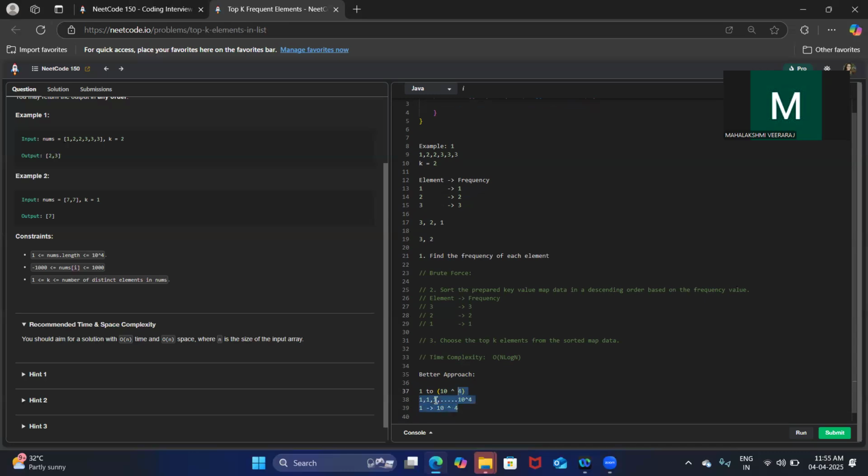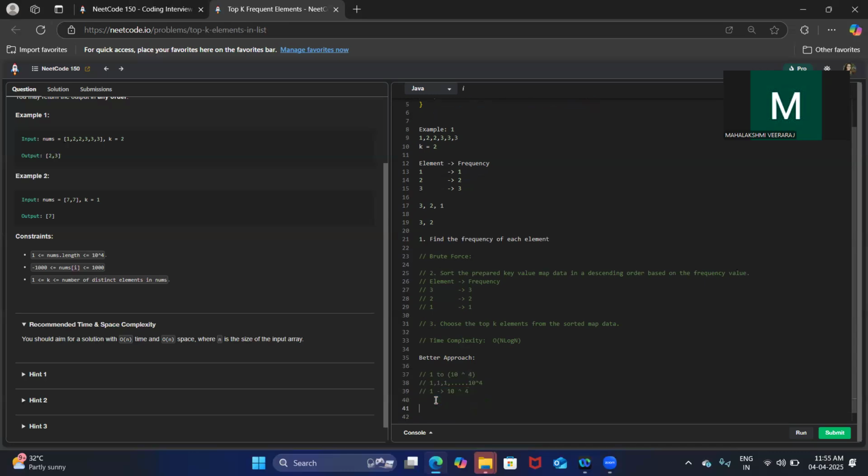So basically, in the better approach, we can use the bucket sort algorithm.